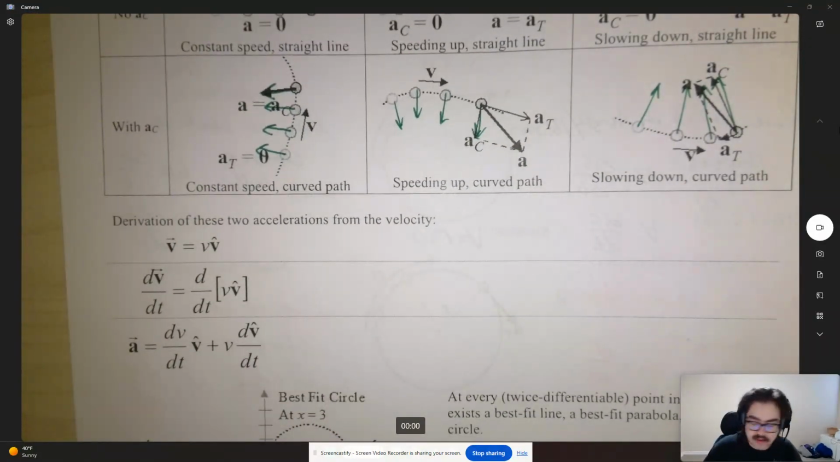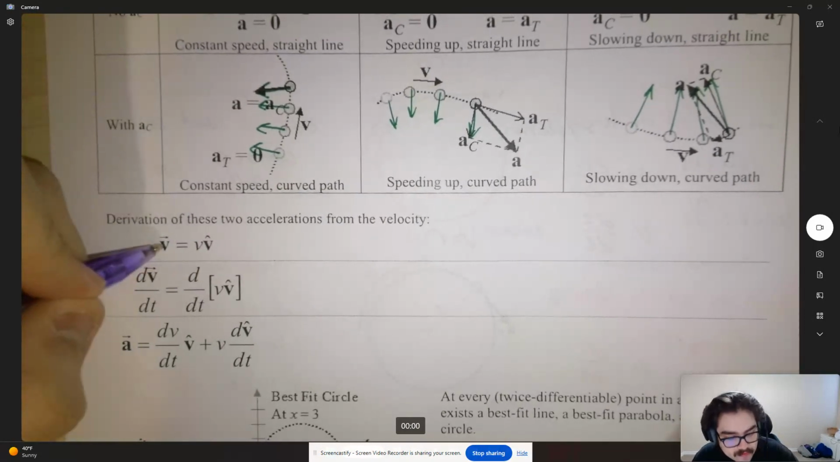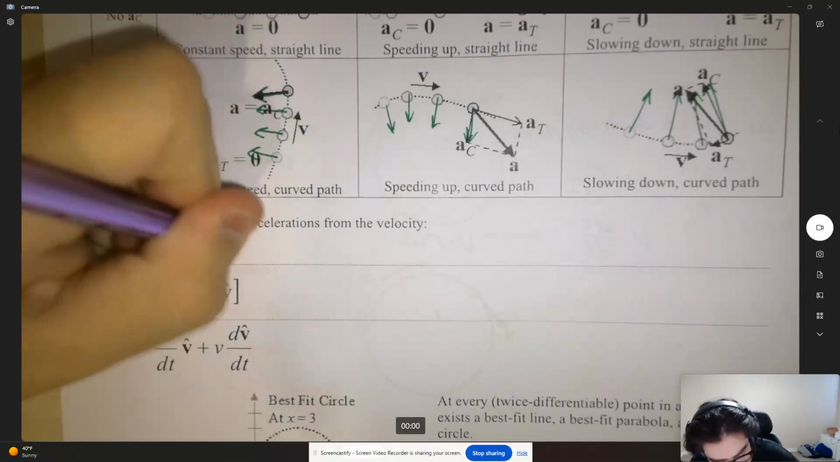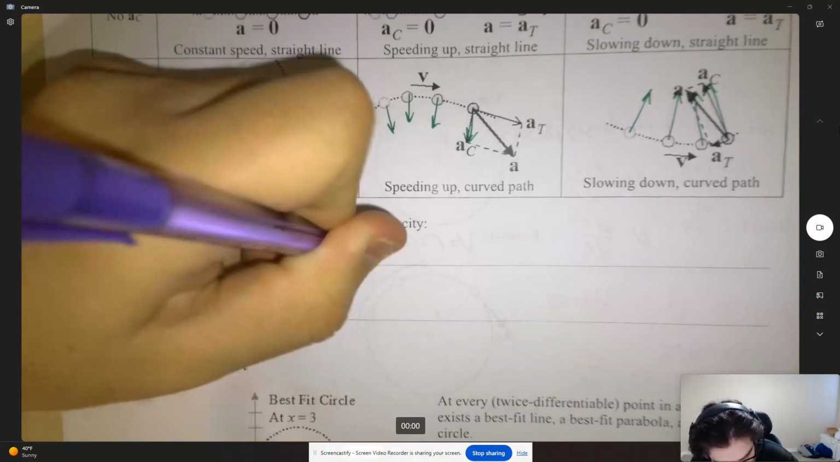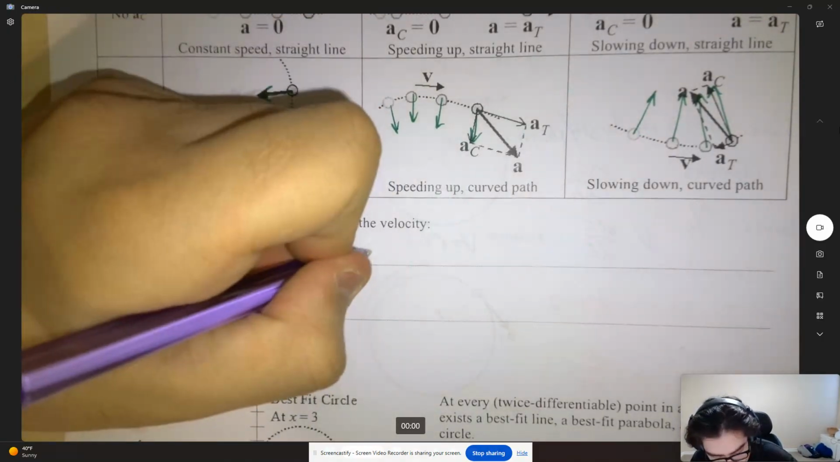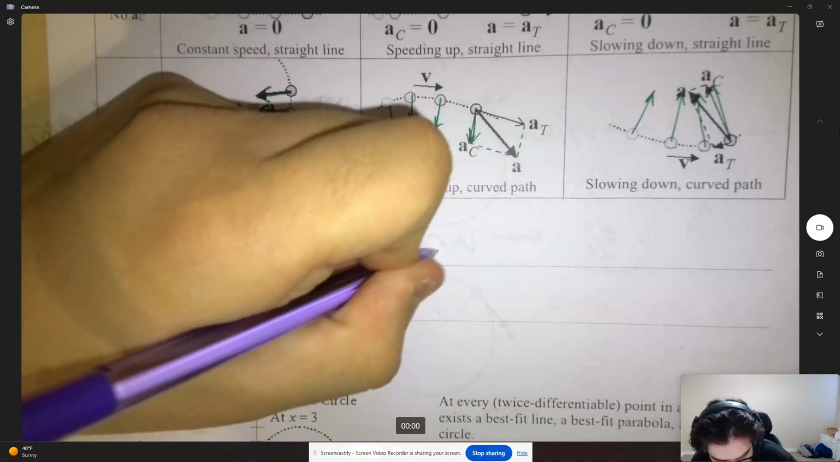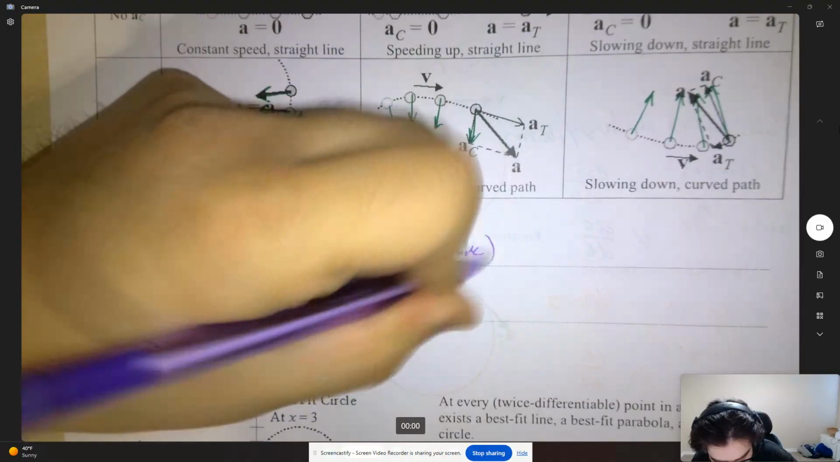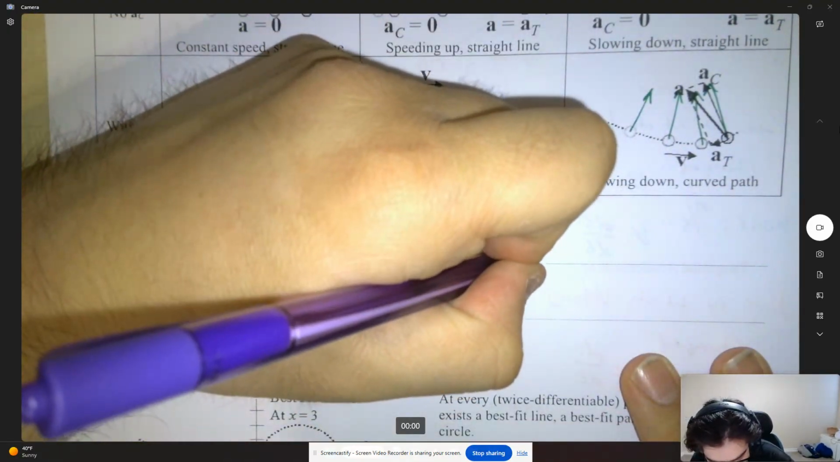from velocity, right? I can actually prove this to you now because you know calculus, okay? Okay, so I'm just going to write what's going on in each of these steps here. So this is my velocity vector, okay? The velocity vector is simply equal to the speed or magnitude of your velocity, okay, times the unit vector